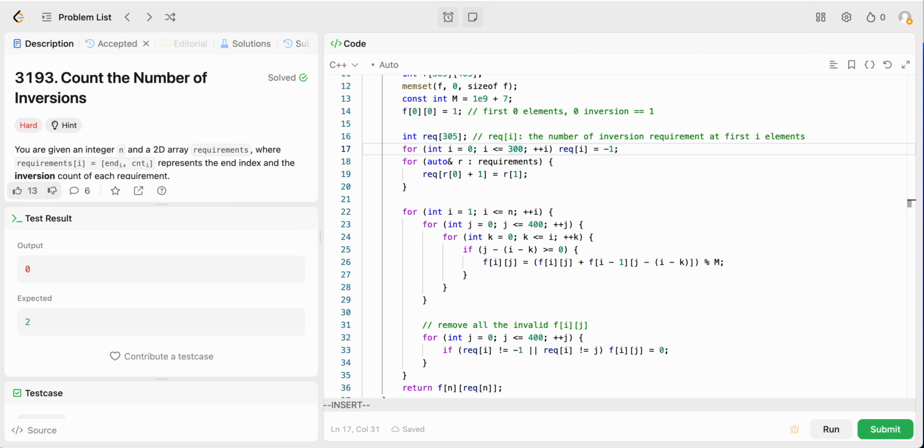Okay, this also seems correct. So how about this update? I think if there's something wrong with the update, then it might have some issue. So I don't think we need this equal here. And so this is ij, right? And i minus 1, j minus